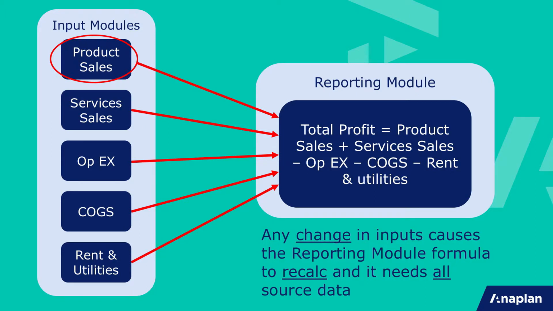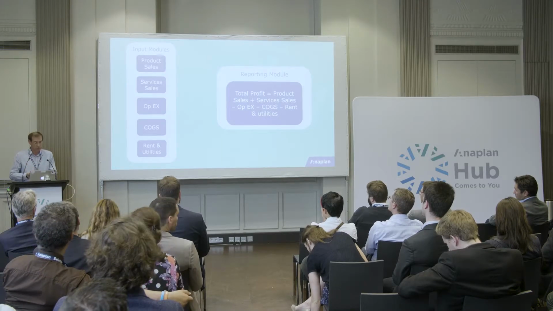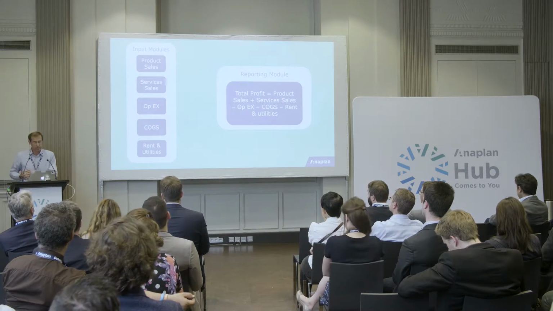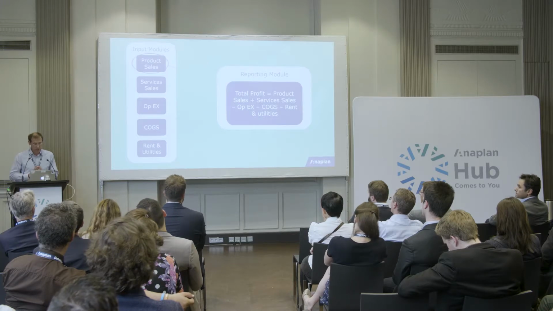So this is based on a real example, and the real example had 57 different expressions feeding from 8 different modules. But to represent that here, let's just assume we've got one line item that's got 5 individual line items feeding from 5 different places. The principle is the same. When I change something in product sales, there's nothing in that total profit number that's telling me what service sales are, what OPEX is, or what COGS is, because it's not stored anywhere. So it doesn't know what that number was.